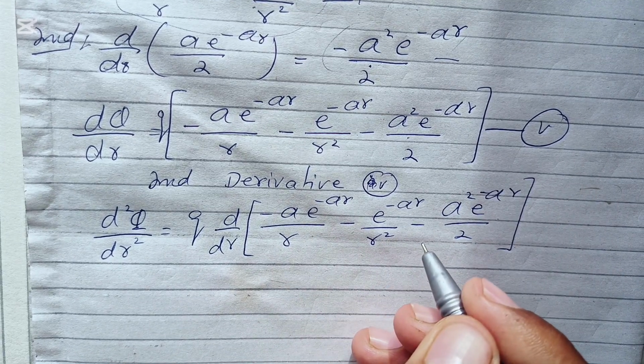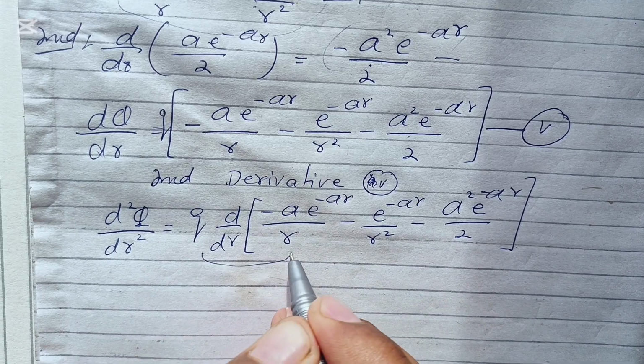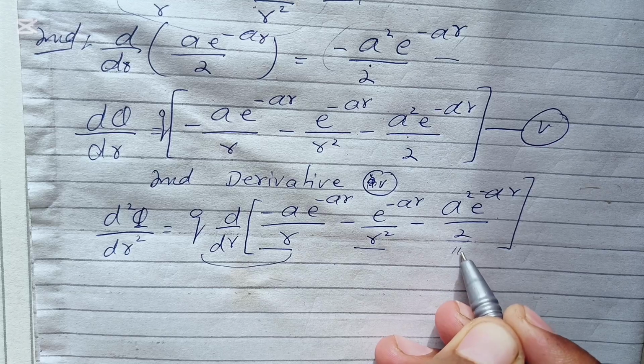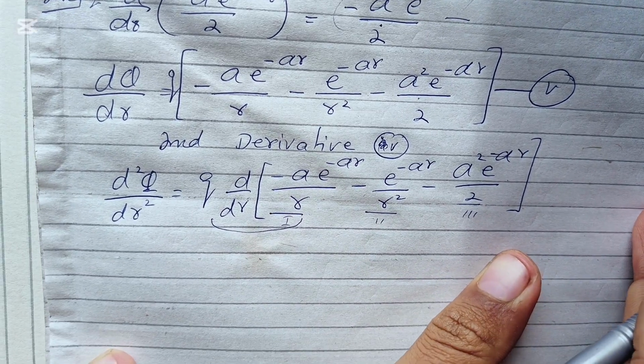Now apply this, we will apply the derivative term by term. First for the first term, then for the second, and then for the third. This is the second and this is the first term. Now for the first term,